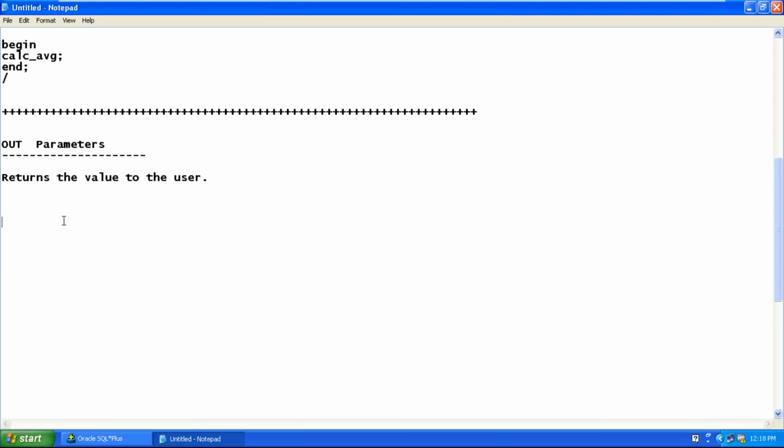Let's have a simple example. Now look at the requirement. Create a procedure which accepts two numbers and does not display but returns its sum. What we want is to create a procedure which accepts two numbers and returns its sum. There is a difference between displaying the sum and returning the sum. Displaying the sum is nothing but doing it inside the procedure. I'll show you. Look at this.